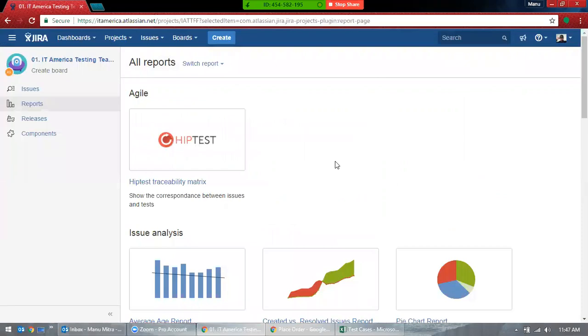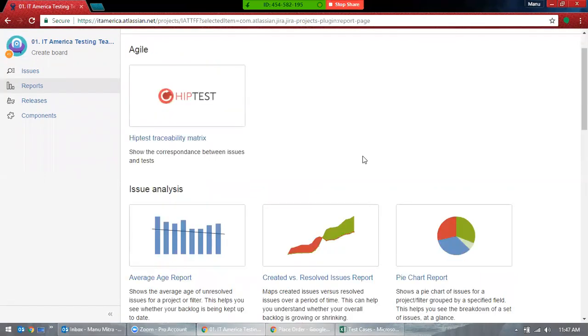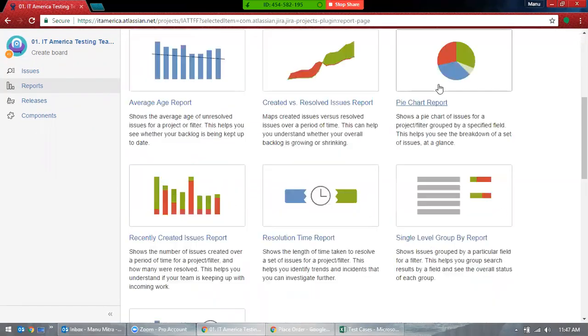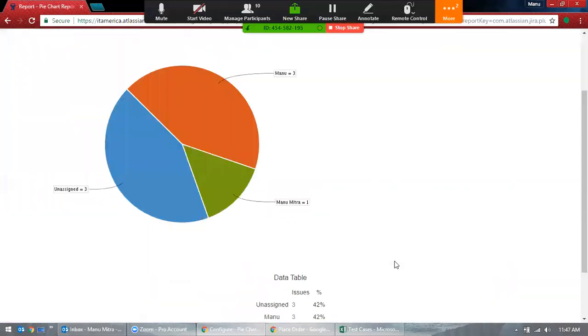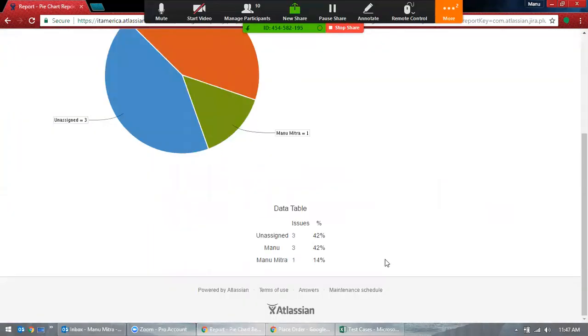Okay, and there is also a third-party plugin here, like in Hip Test, but really, just don't worry about these plugins because Jira is more on the plugins. Whatever third-party plugins they put, we will keep on adding plugins, and you can generate reports. But they have their own reports here, so you can go ahead and click on this, and you can generate reports. Okay, good. How many issues here? So this is normally for